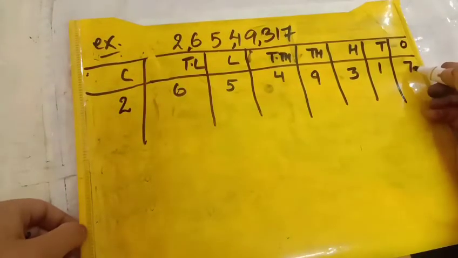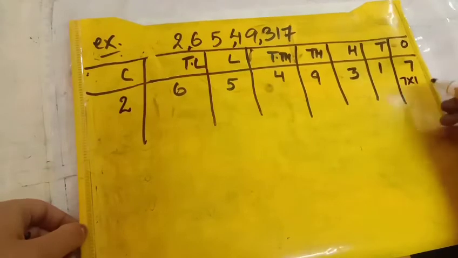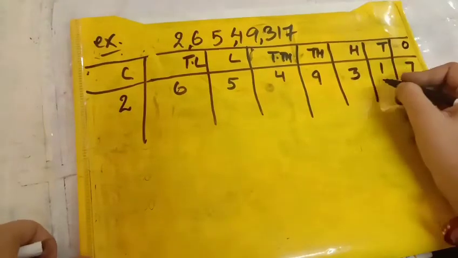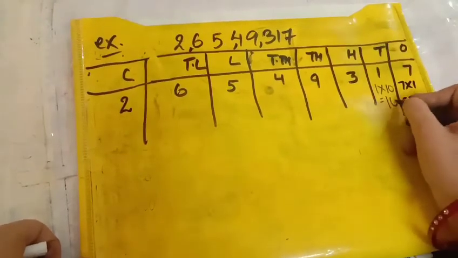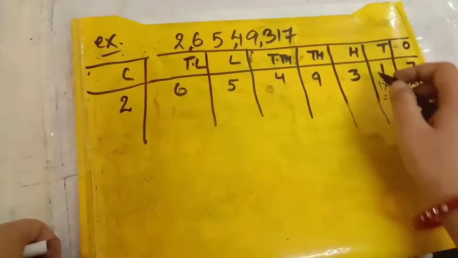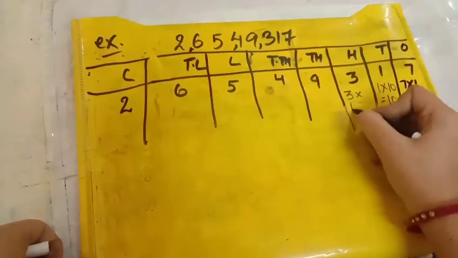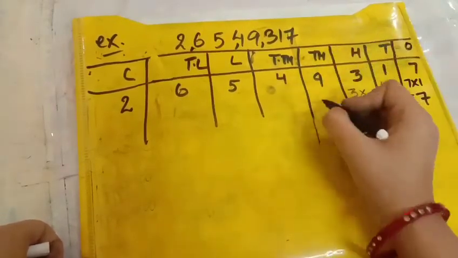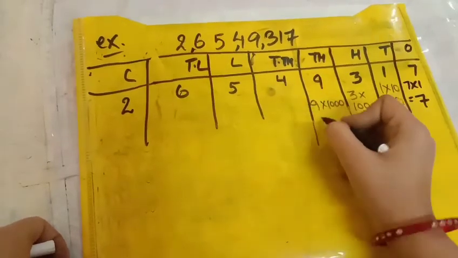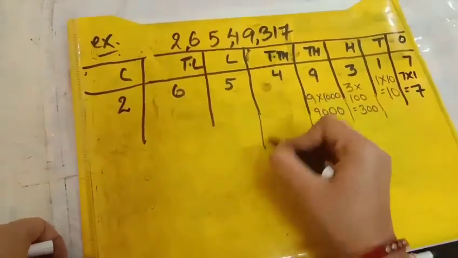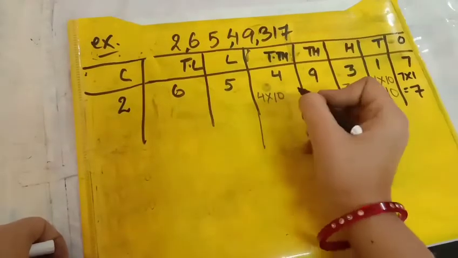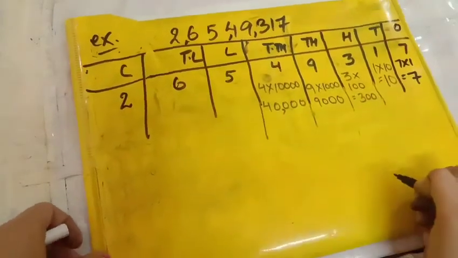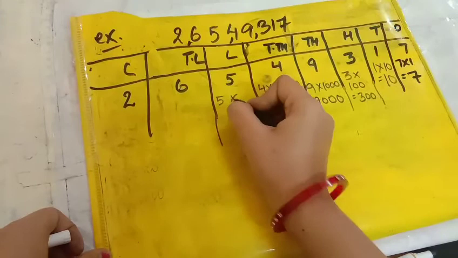So what is the place value of 7? 7 in ones place, so 7 into 1, that is 7. What is the place value of 1? 1 in tens place, so 1 into 10, that is 10. 3 in hundreds place, so 3 multiplied by 100, it's 300. 9 in thousands place, so 9 into 1000, 9,000. 4 in 10,000 place, so 4 into 10,000, 40,000. 5 in lakh place, so 5 multiplied by 1 lakh,